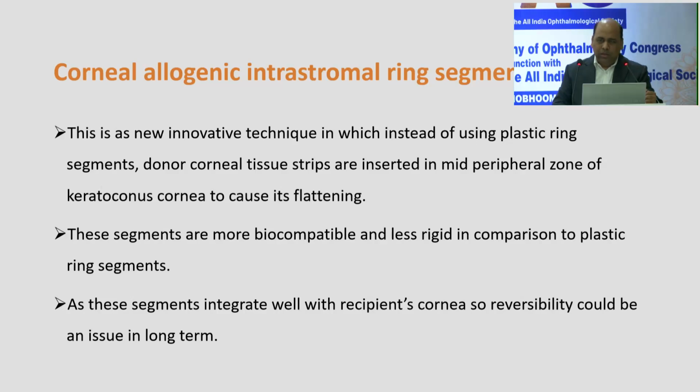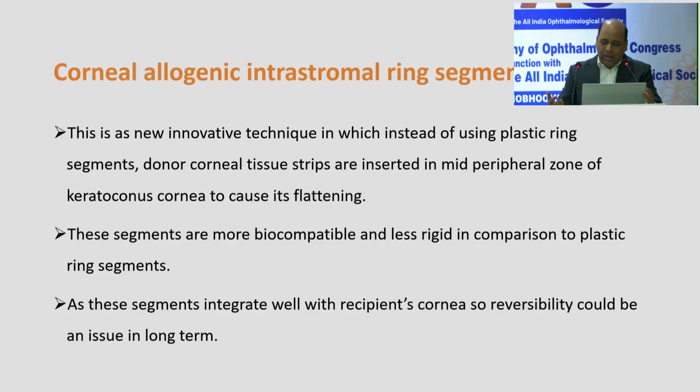So the new thing in keratoconus is CARES, done by Dr. Susan Jacob mainly, and this is a new innovative technique in which instead of using plastic ring segments, donor corneal tissue strips are inserted in the mid-peripheral zone of the keratoconus cornea to cause its flattening. Although this is a very good technique, because this is corneal tissue, the risk of rejection and risk of infections are higher than with intacts. And as these segments are more biocompatible and less rigid in comparison to plastic ring segments, we are not sure after 5 or 10 years how they will behave,